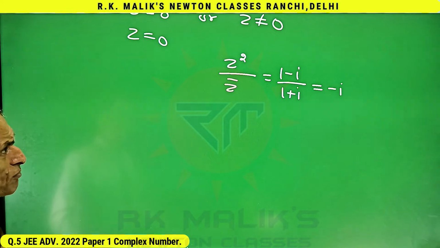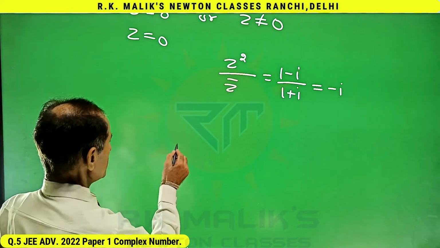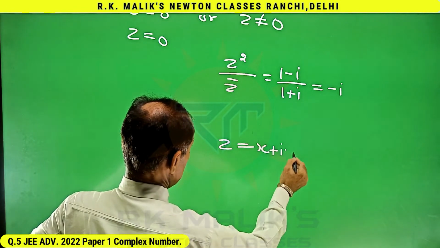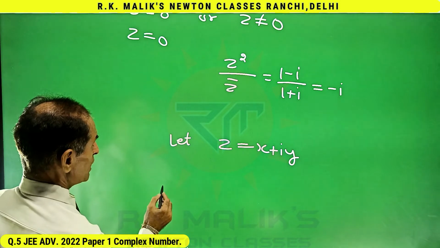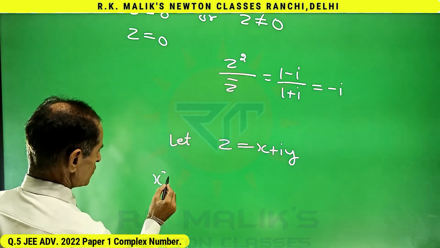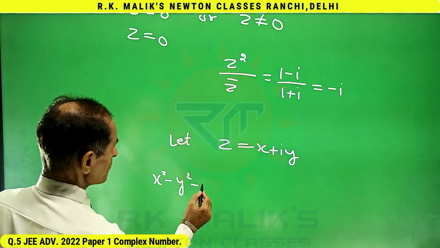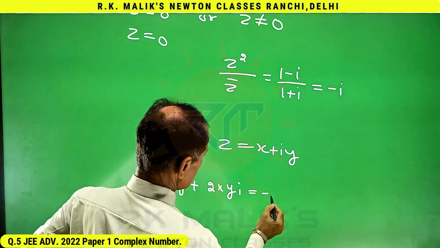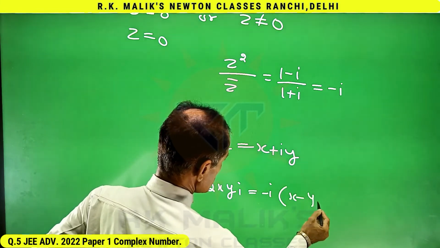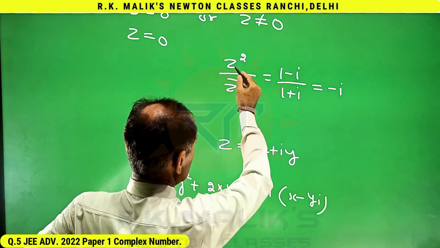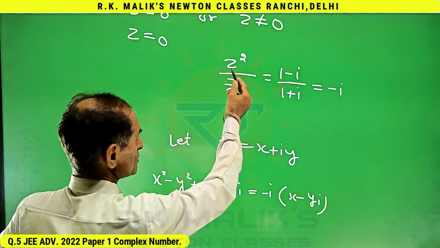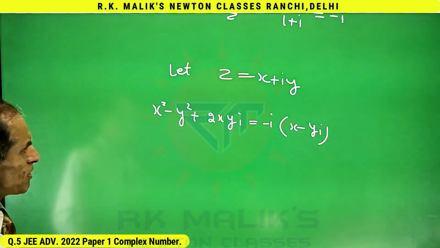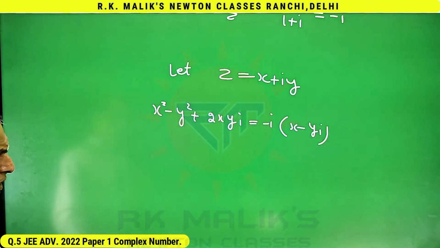The alternative way of proceeding further will be, let z equal to x plus iy, and you will be getting x square minus y square plus 2xyi equal to minus i into, putting the value of z as this and simplifying z square upon z bar equal to minus i will be reaching here. And equating real part and imaginary part,